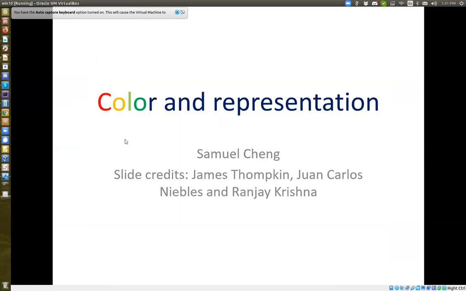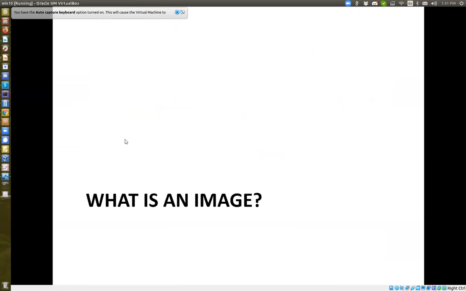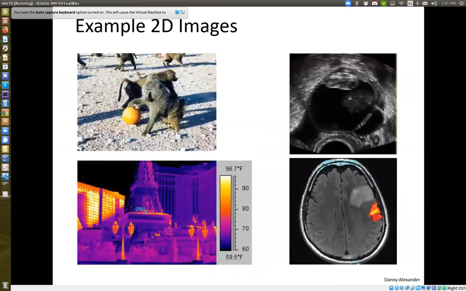So now let's get started with what we'd like to talk about today, color. An image, what's an image? We all know what an image is. Oftentimes we think of literal images, but we use